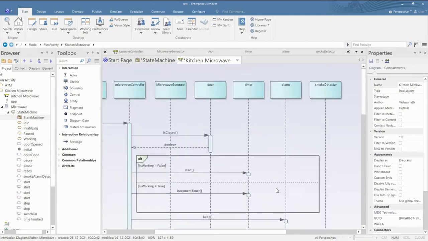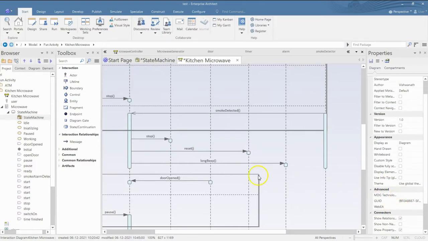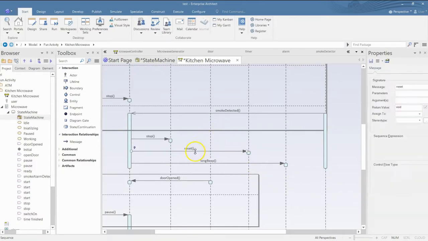Okay, so we have this, that's all. So remember, synchronous messaging is when the calling object waits for the return, whereas an asynchronous message doesn't wait for a return.